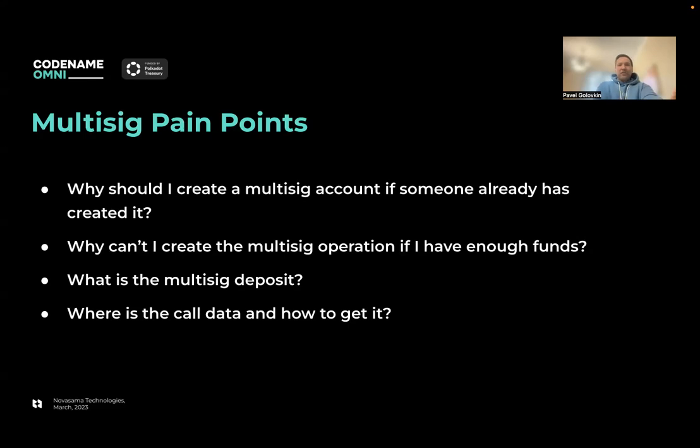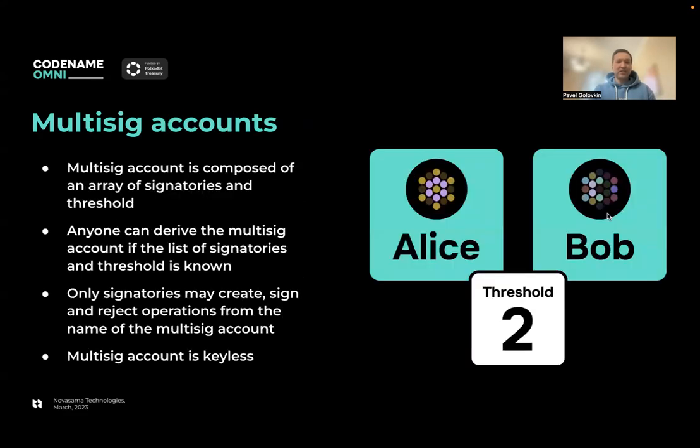And the last question that users face is when signing the multi-sig operation at the final step, with the final signing: what is the call data? How can I get this call data on the last step, and who can share it with me? I don't know. So these are the 4 pain points that we focused on and want to solve in our application. So let's